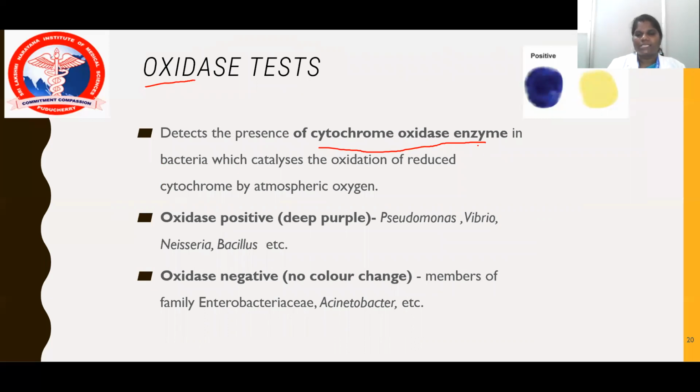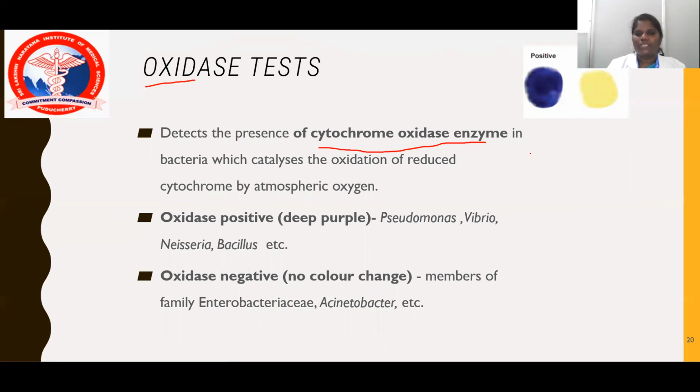If the organism has a cytochrome oxidase enzyme, that can be detected by using the oxidase reagent. So, for example, this is a filter paper which is soaked or pre-impregnated with the oxidase reagent. So we have to inoculate the isolated organism. You have to rub it, and within 10 seconds, we will get the purple color.